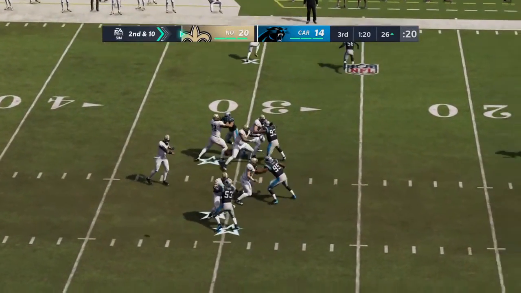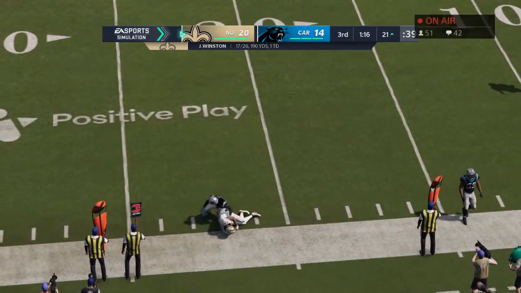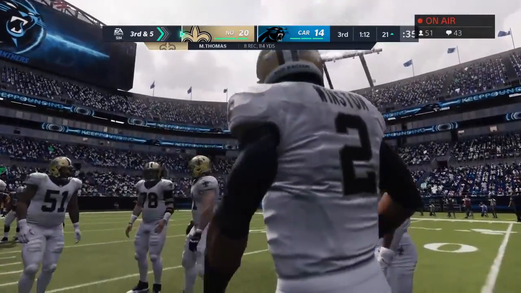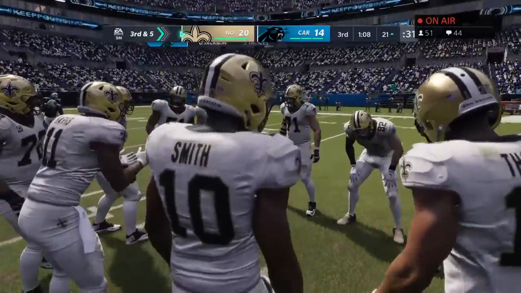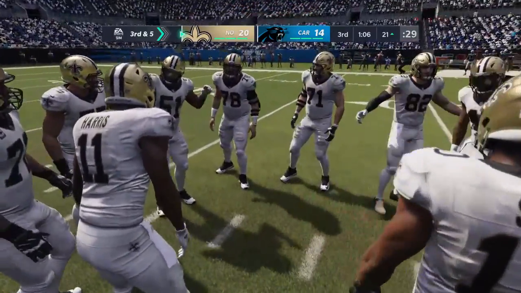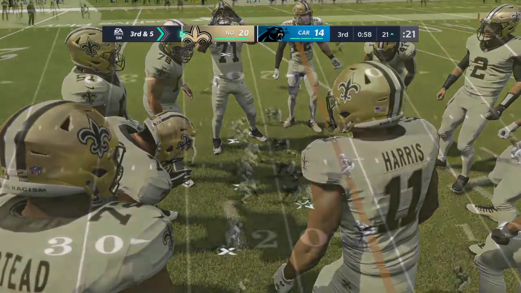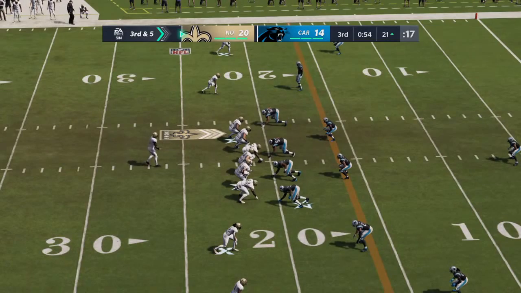Working out of the gun, Winston. And a sideline pass. That's caught by Thomas. Winston's pass. 5 yards. Now it's 3rd and 5. A 5-yard pickup on the play. And it's 3rd down. Play number 7 now coming up on the drive. 3rd and